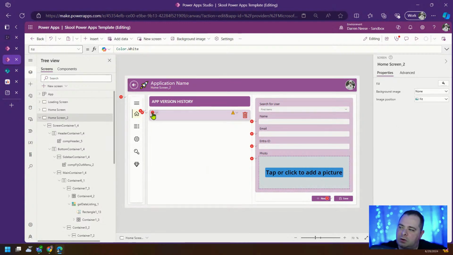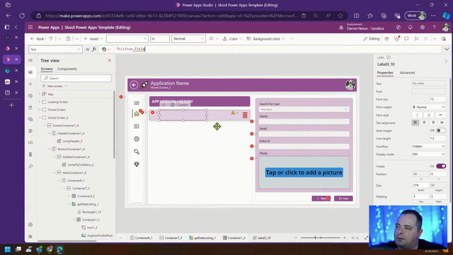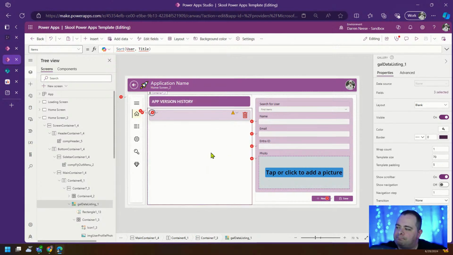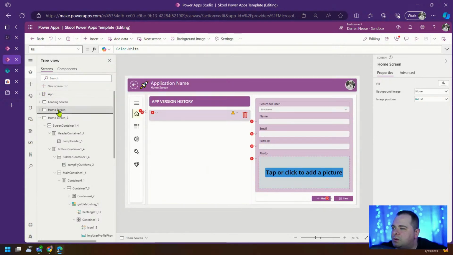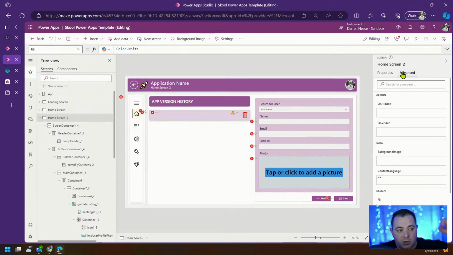Okay, so things are starting. So I should probably remember what's going on here. So we have, there's a user table. Called it app version history. Now this one, okay, because I spent time with this one, I'm going to continue with this one. And what I'm going to call this, we need to create that data source in memory. Okay, so if I go to OnVisible,